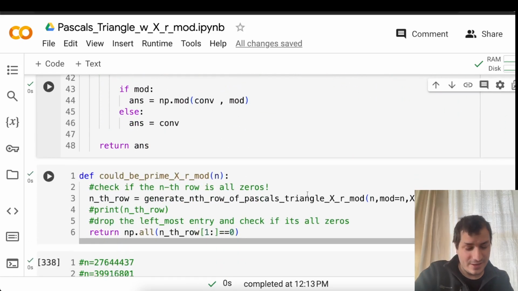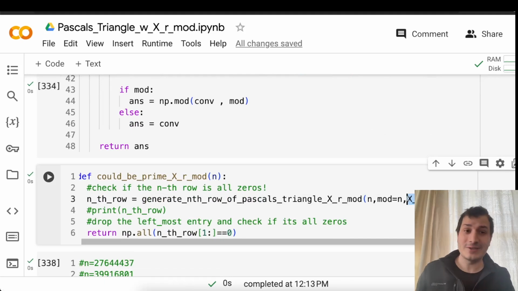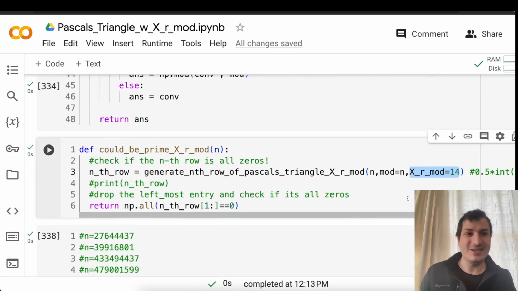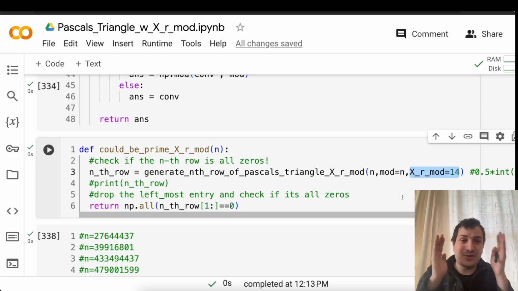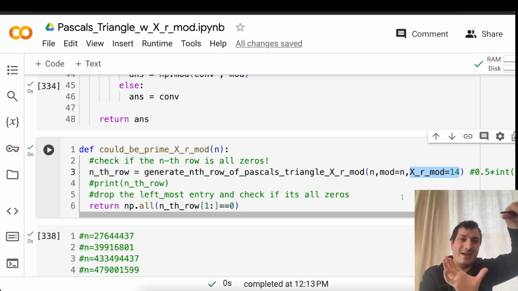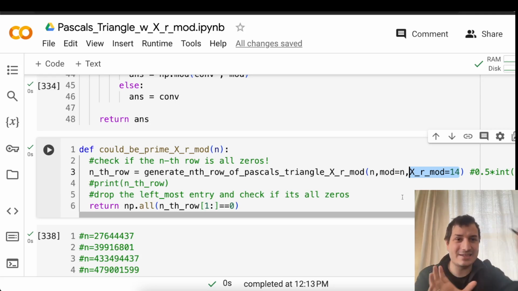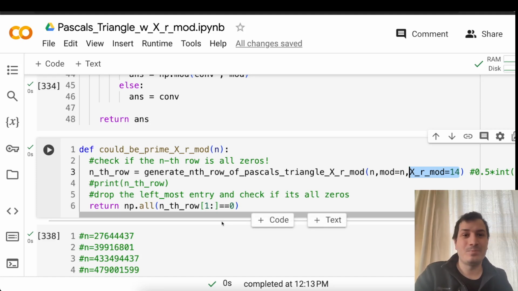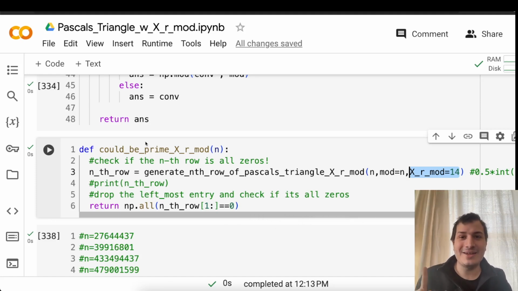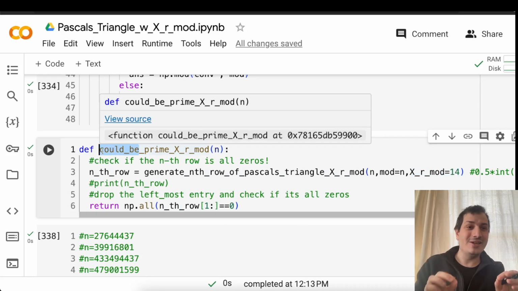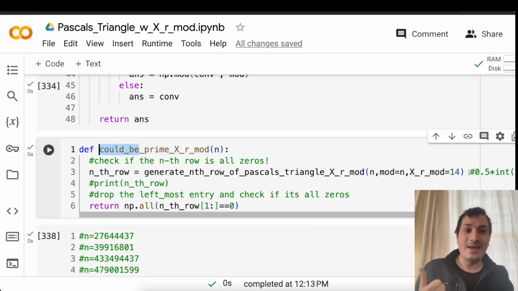And you can use some small value. So here I did it with xr mod equals 14. There you go, 14. So by just keeping track of the first 14 entries and stacking everything else, everything beyond the first 14 just gets stacked into those 14 entries, I can do a check. And I didn't call it is prime, I called it could be prime. And that is because, like they said in the paper, this doesn't actually tell you for sure if it's prime. Maybe you got unlucky for this particular value of r. And to really check, you would have to check over all the r values and a values that they explain